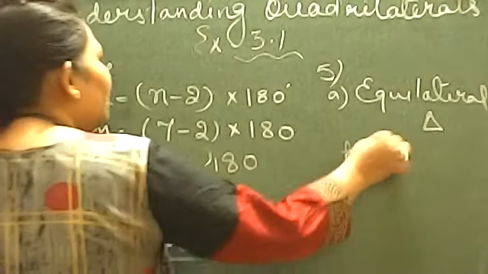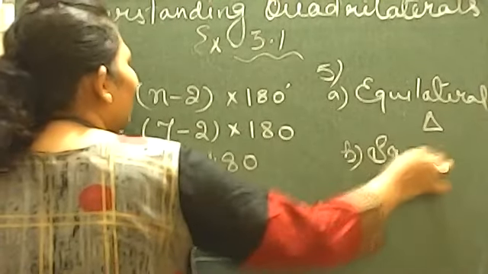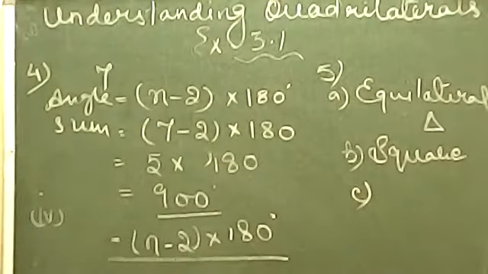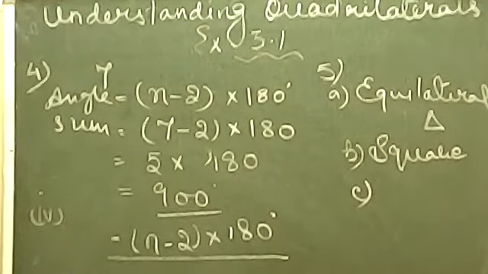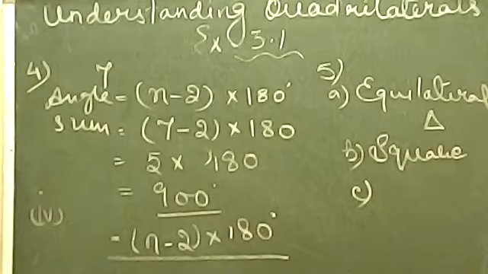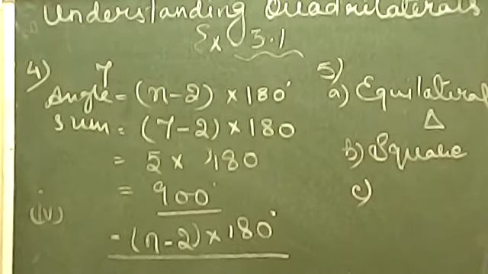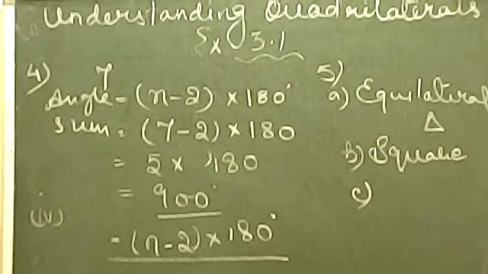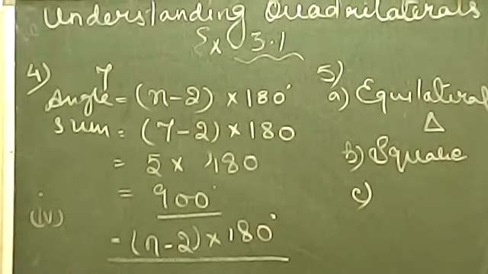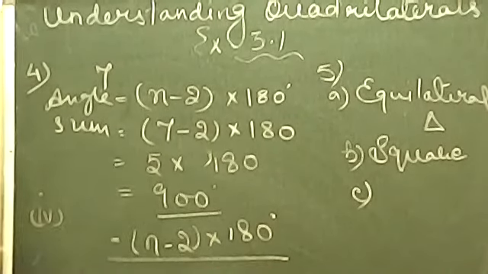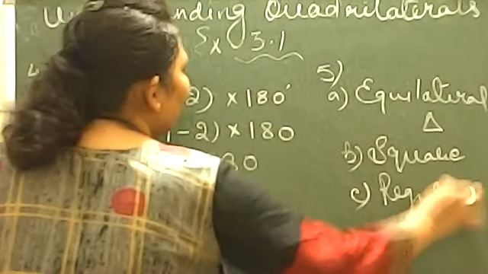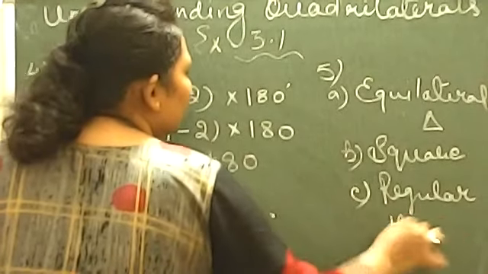Remember, the four-sided regular polygon is named square. A square is a polygon which has all four sides equal and each angle is 90 degrees, that is, all angles are also equal. Moving on to the figure with six sides. If you have six sides, the polygon will be called a regular hexagon.